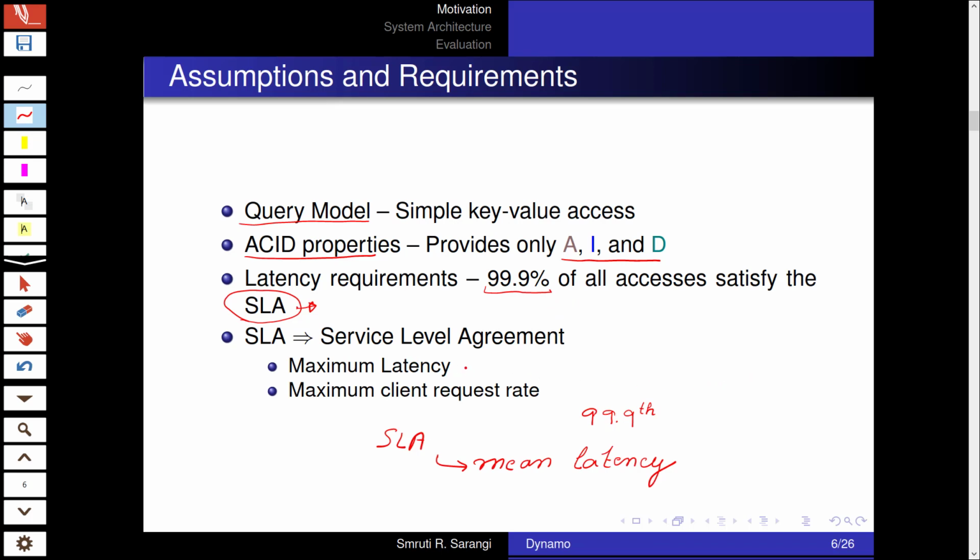For example, if the SLA prescribes a certain maximum latency, then it's clear that 999 out of 1000 requests need to satisfy that. And if there is a maximum client request rate, then that also needs to satisfy the SLA with the same 99.9% criteria.